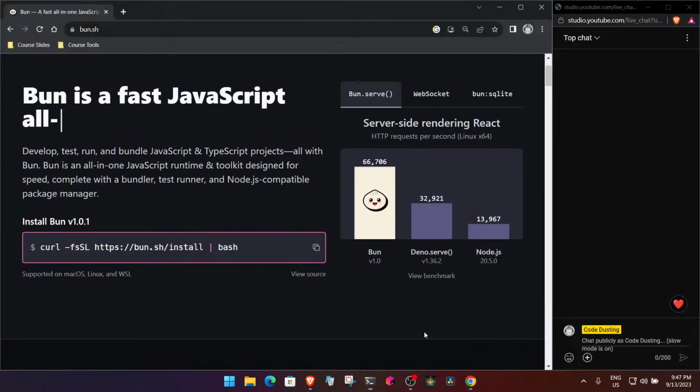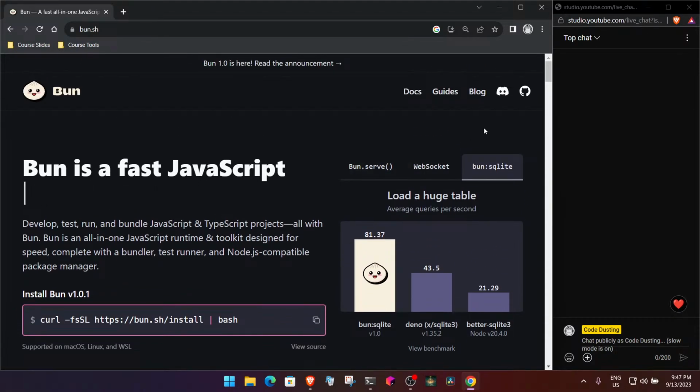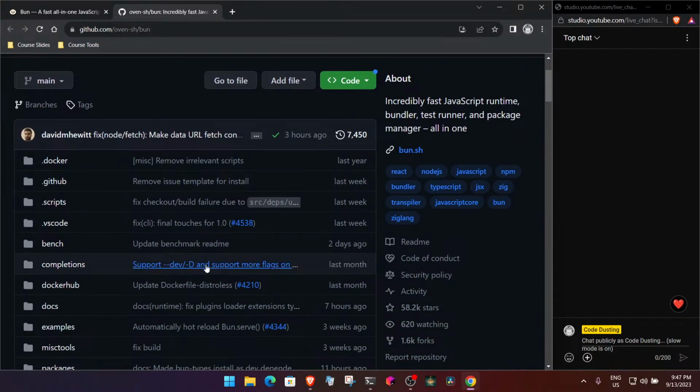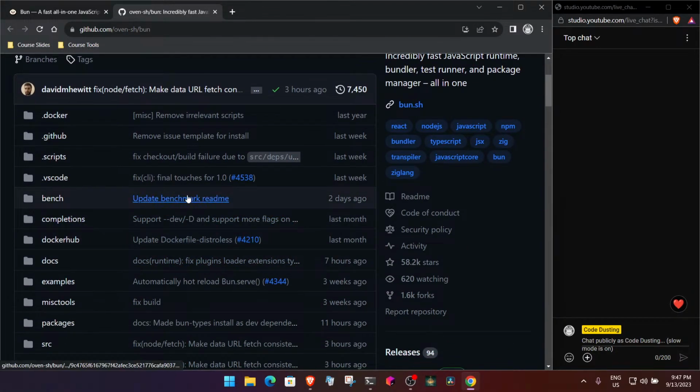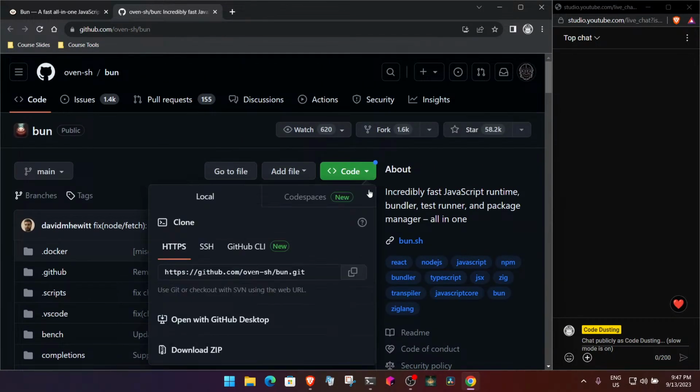Okay, group. So this is already installed, and all of this are the claims, and there's no way they will be claiming such absurd things unless they have done it. And not to mention, because Twitter is a very brutal place if you fake things like that. Okay, and this is their GitHub repository, which is where they also have the bench. Cool. So what I'll do is I'll also simply,